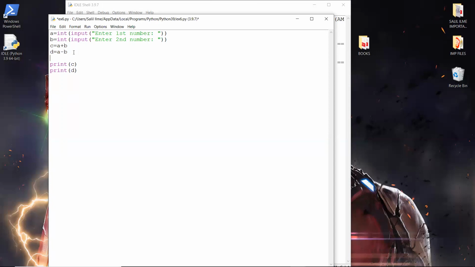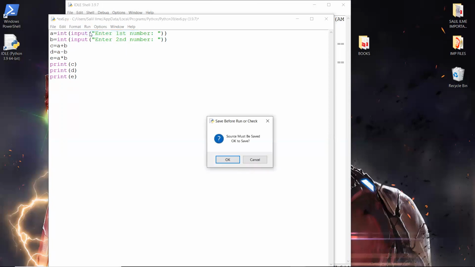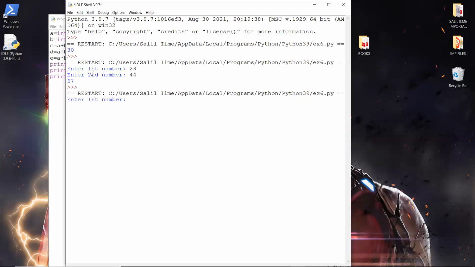Then we can say e is equal to a multiplied by b, print e. Now if we run the code, we have made a very basic calculator. So 30 and 15. As you can see, the addition is 45, the subtraction is 15, and the multiplication is